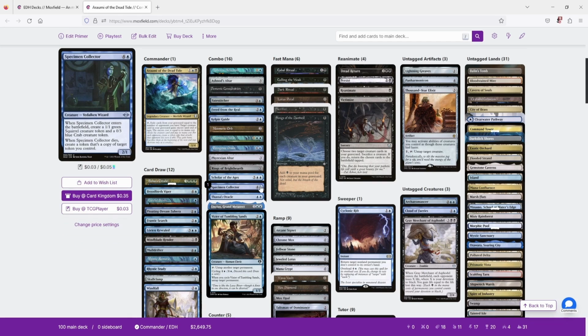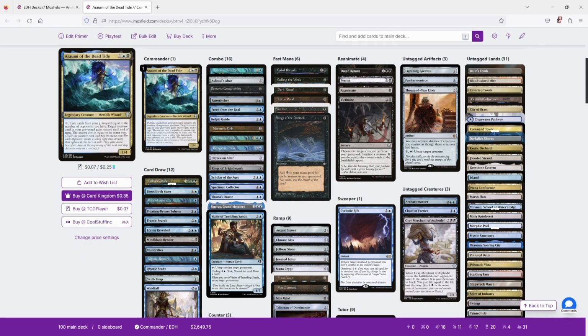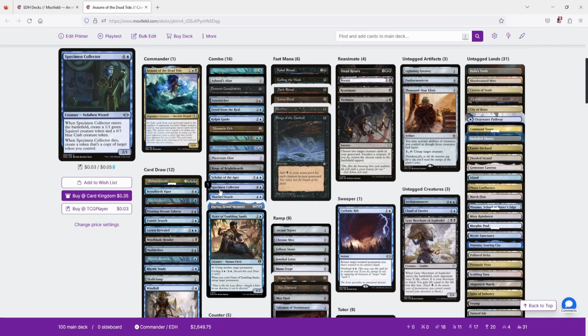Then we got Specimen Collector. This is yet another combo in the deck. It is a 5 mana 2/1. When it enters the battlefield, you create a 1/1 green Squirrel token and a 0/3 blue Crab token. And when it dies, you create a token that's a copy of target token you control. So, because Araumi encores and creates token copies of things, if you encore Specimen Collector, you'll have 3 token copies